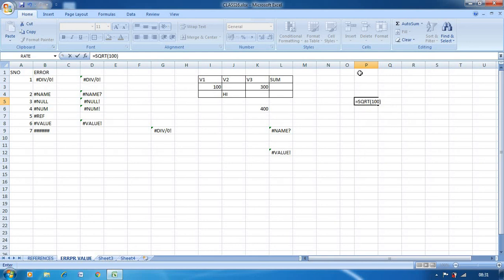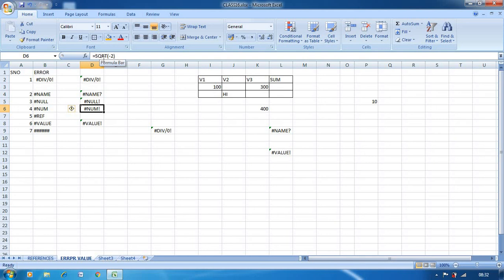The answer is 10. So the square root of 100 is 10. Now here what I wrote is equal to SQRT of minus 2. It is not possible to find the square root of negative numbers. So at that time it will show #NUM!.